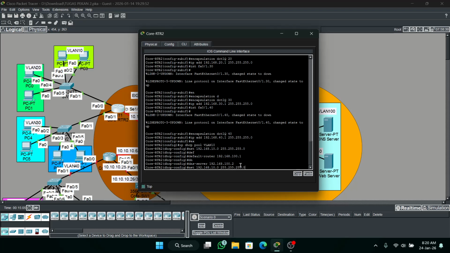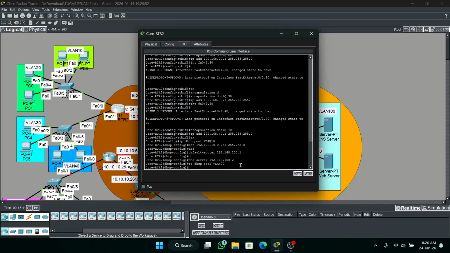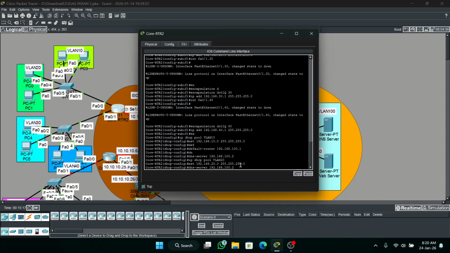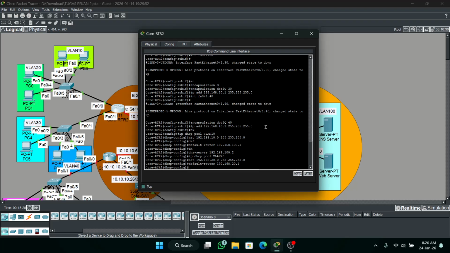Make sure for every VLAN like that. Network, default router. Oh, I made a typo guys. Here I typed it wrong. Type the right IP.